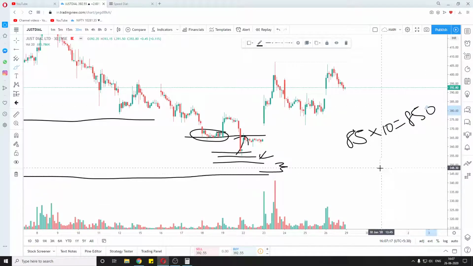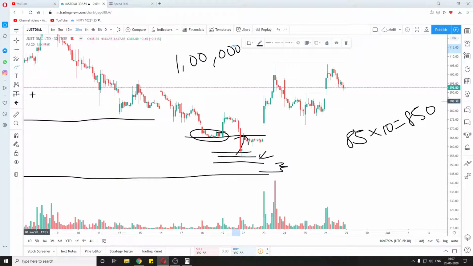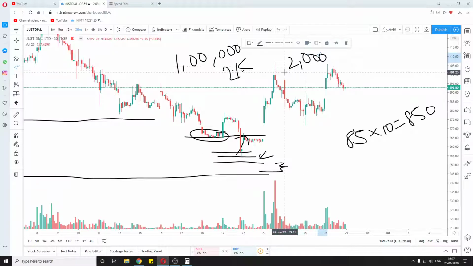So that means that we can increase our quantity size a bit, because our total capital is 1 lakh, and in one trade we can lose not more than 2%, so less than 2%. So maximum loss we can take in this particular trade with 1 lakh capital is 2000, because as a general rule we should not risk more than 1 to 2% capital in one trade. That is a general idea.